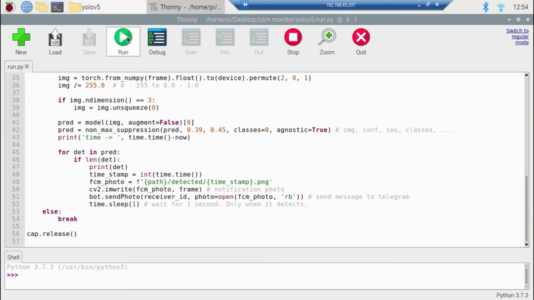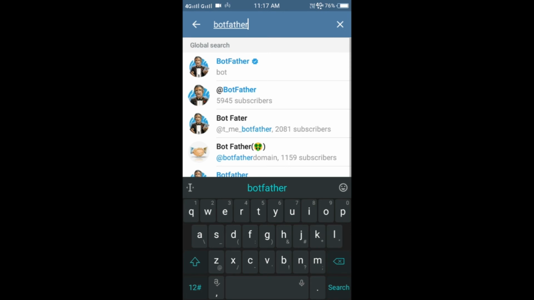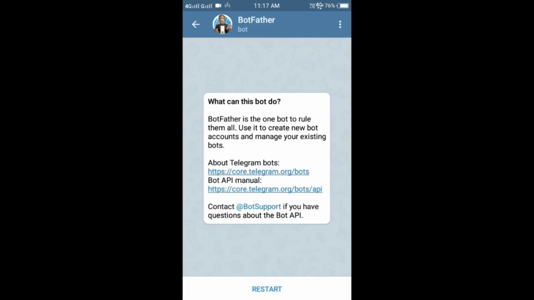So now see how to get the token for Telegram and also the receiver ID. For that, first we need to create a Telegram bot. So let's create it first. First of all, open your Telegram app and simply search here for BotFather, and you can see the very first one, BotFather, with a tick mark. So simply select that. Now we are on that page. So at the bottom you can see a start or restart button. Simply click that,